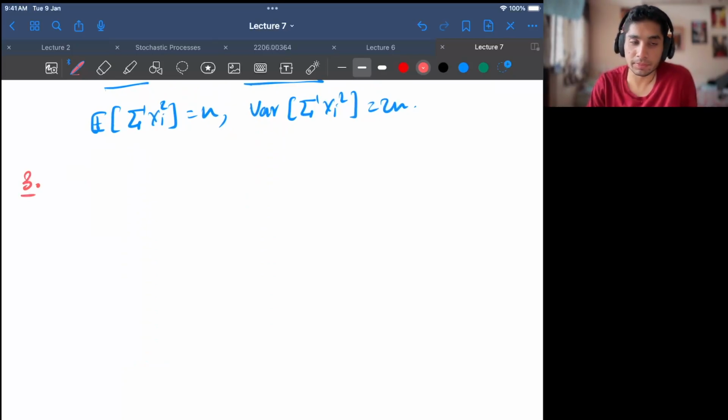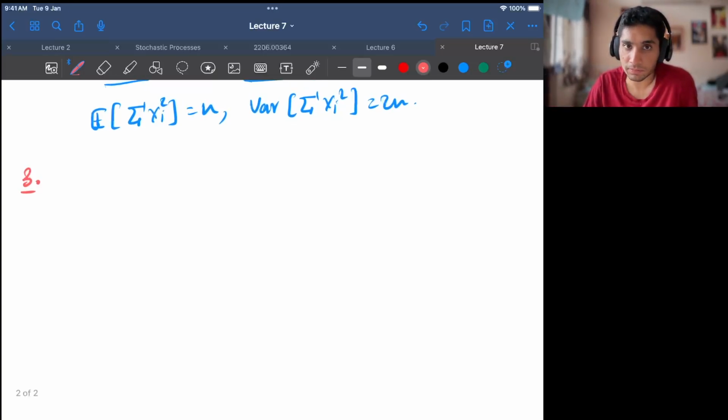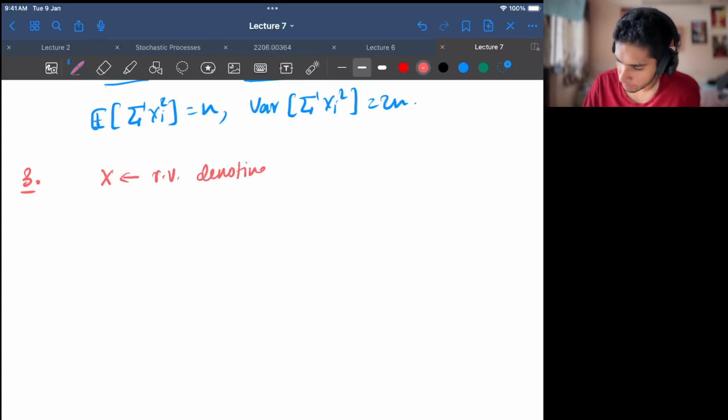Right? So let us look at the third question. So there's a company, which produces cars. It manufactures cars, and the cars emit some carbon monoxide. So let x denote the random variable denoting the amount